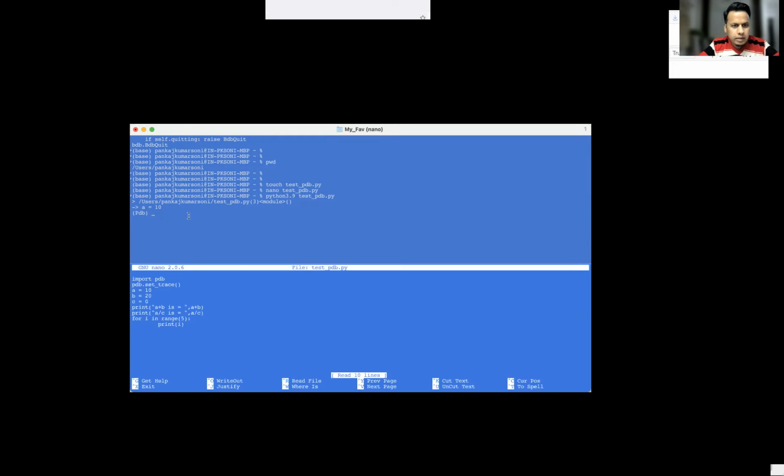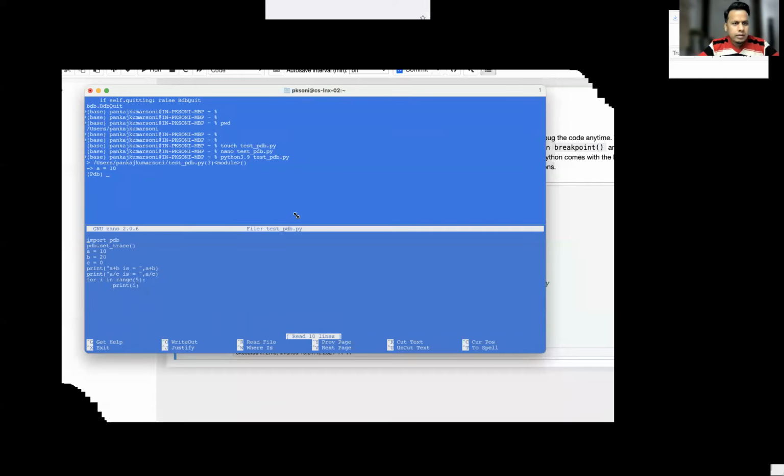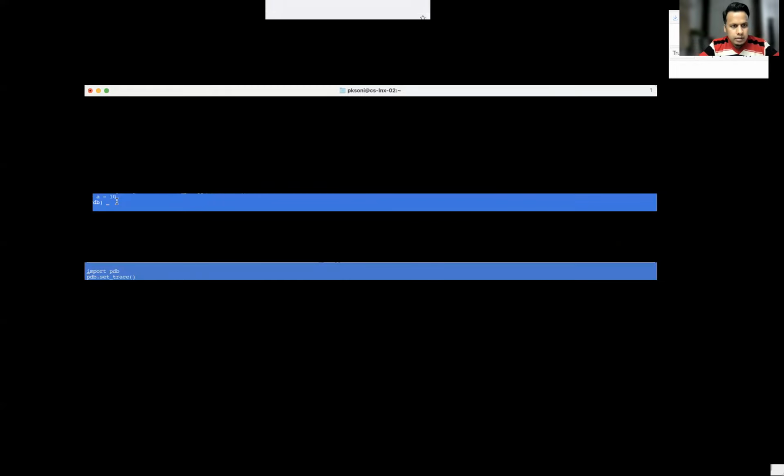This is my code, and in this particular window I'm running the debugger. Now you see this particular arrow, right? This arrow tells us that currently the debugger is at this particular frame.